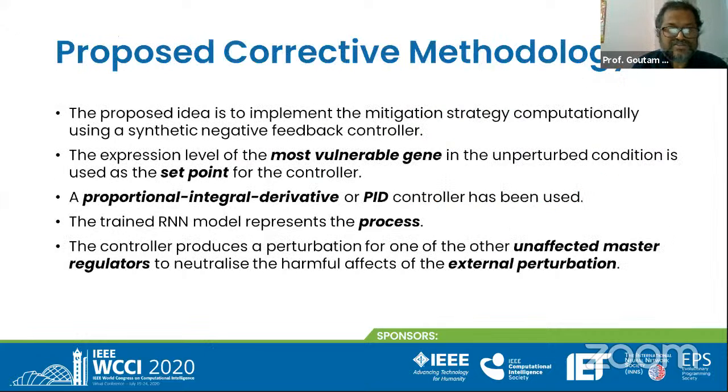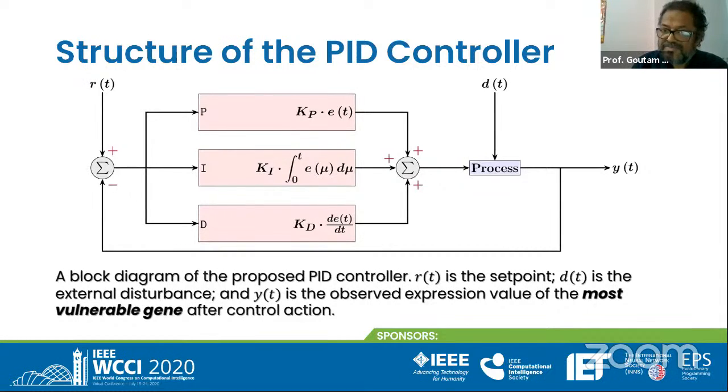Okay, this is RT. Now G4 is the present, disturbed expression level, and RT is the normal, the conventional expression level of the most vulnerable gene, G4. This is the condition.